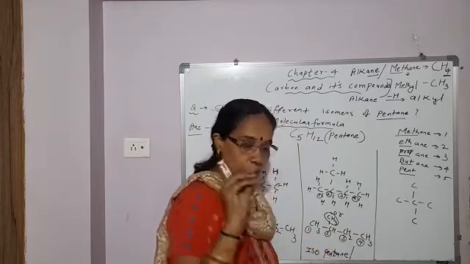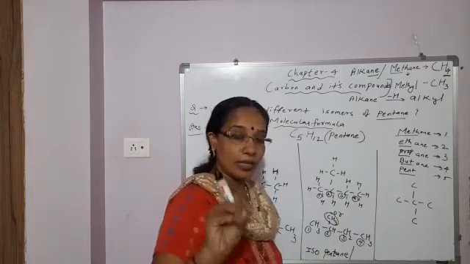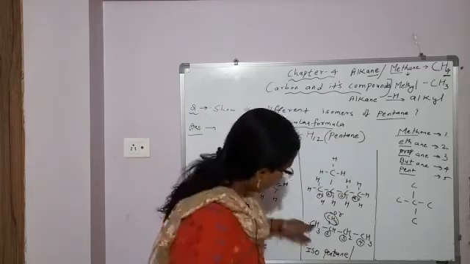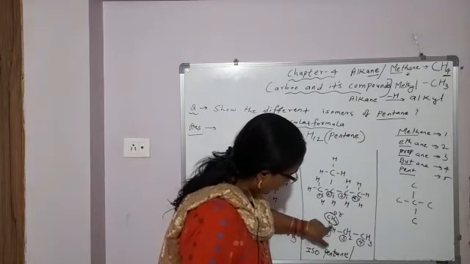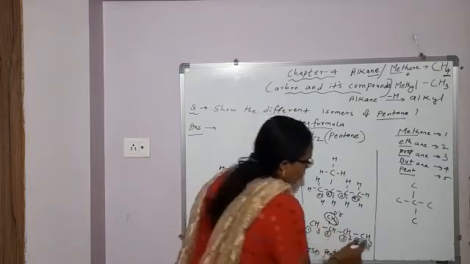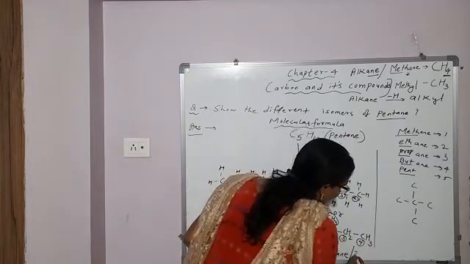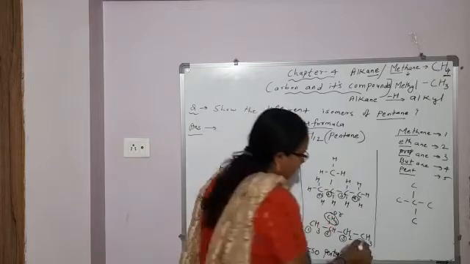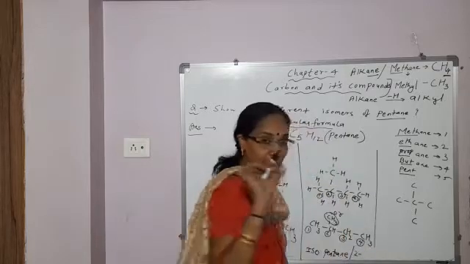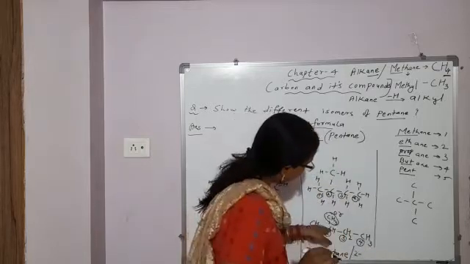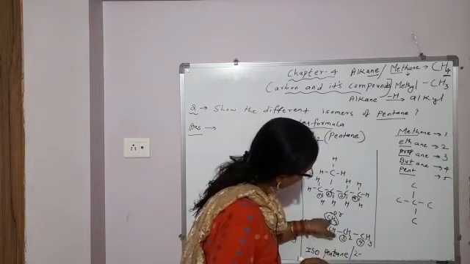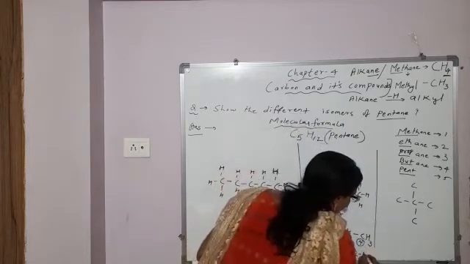The second way is by numbering, showing the position of the branched group. So this methyl group is getting which position? 2. So you will write 2. Write the position first, then put a hyphen. The hyphen must be put, otherwise it will be wrong. Then which group is attached to the second position? Methyl. Write methyl.